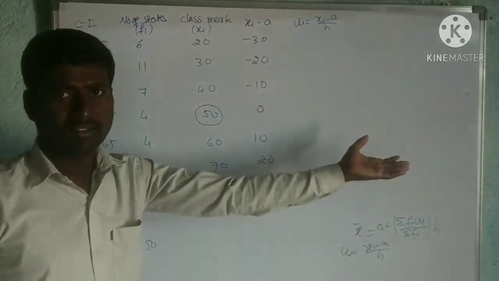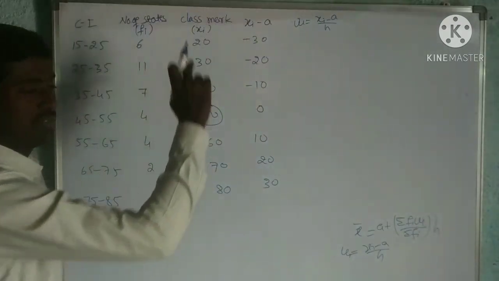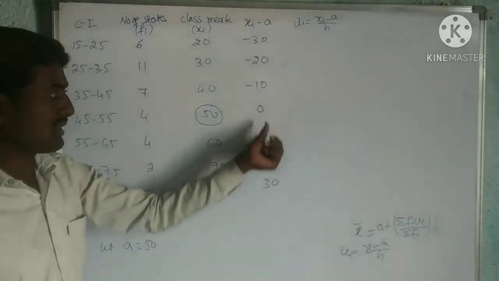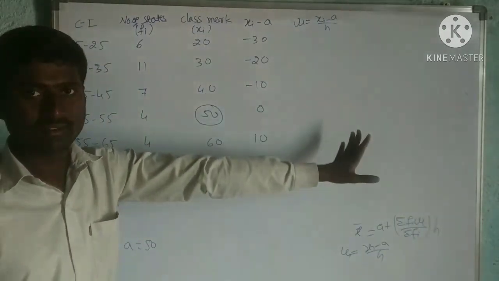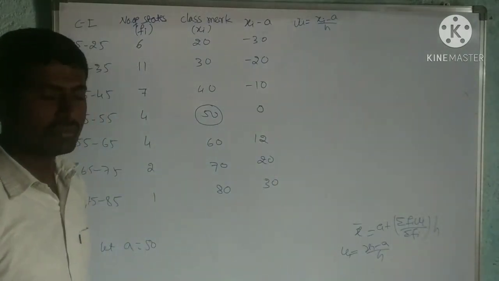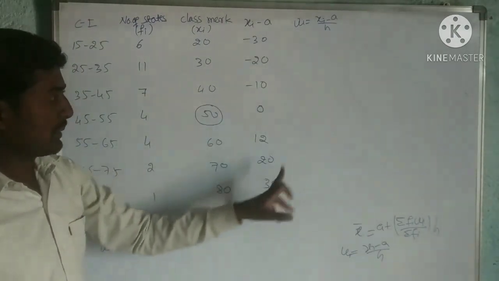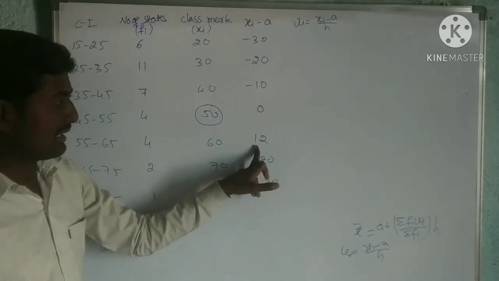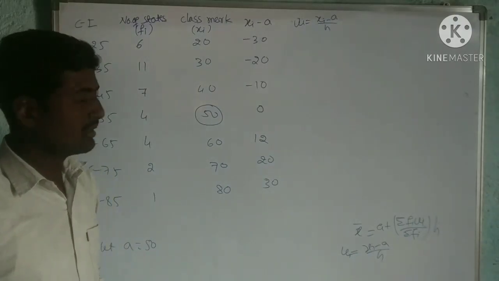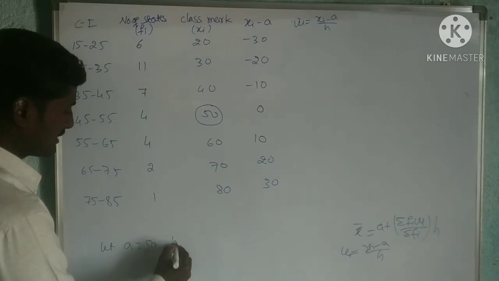2 also you can take. So here, if you observe this column, these are all multiples of 10. If you take H as 10, all these terms will divide by 10. If suppose instead of 10 there is another term 12, here you can take 10 again, because 10 divides the remaining elements other than 12. So H here I will take is 10.